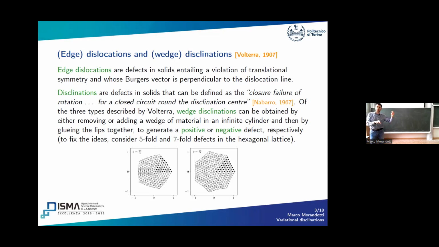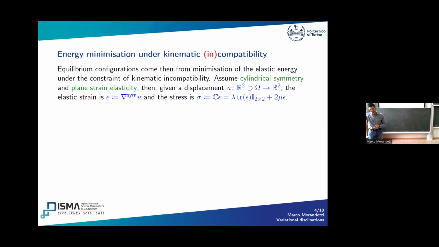If you do the opposite, so you take the slice that your friend took out, and then you stick it in another pizza, then you're kind of opening it, and you force it to have more material inside, and this is this configuration here. There would be like a 5-fold defect and a 7-fold defect, counting the sides of your original hexagon after subtracting or adding the extra material. And so at the center of this pizza, which in my way of seeing is basically the cross section of a cylinder in which I put plane strain elasticity, then I have a defect.